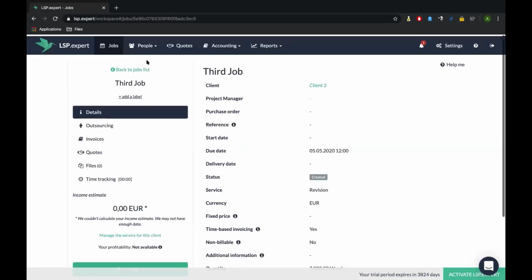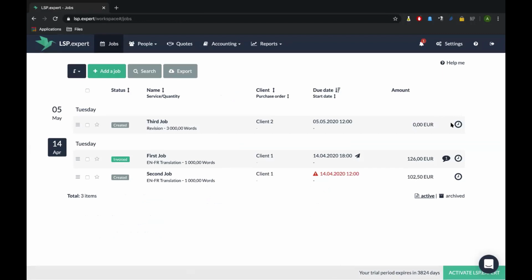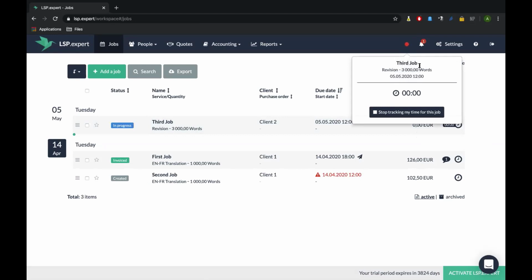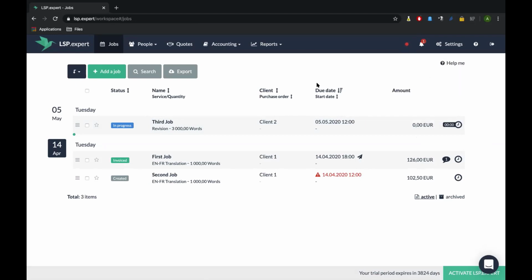I want to invoice it per hour. And you can see here that I have created my job, and I have a little arrow here that can allow me to start tracking my time for that job and that job only. I click on it. You can see a red dot appearing here. If I click on it, I have every detail about the task I'm tracking right now, and I can stop tracking my time for this job. Okay, so it will increase as I'm adding time to the job automatically right here.